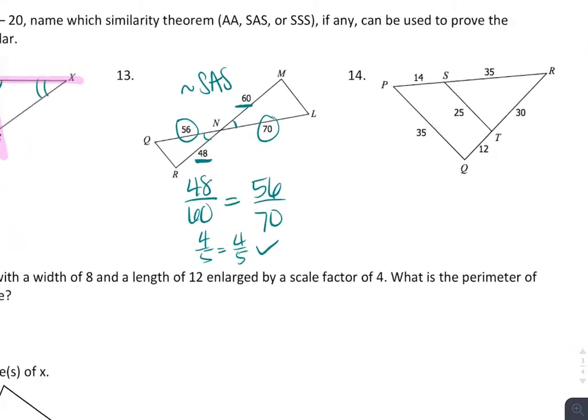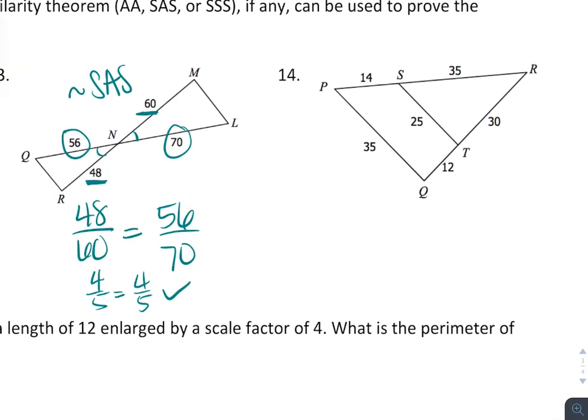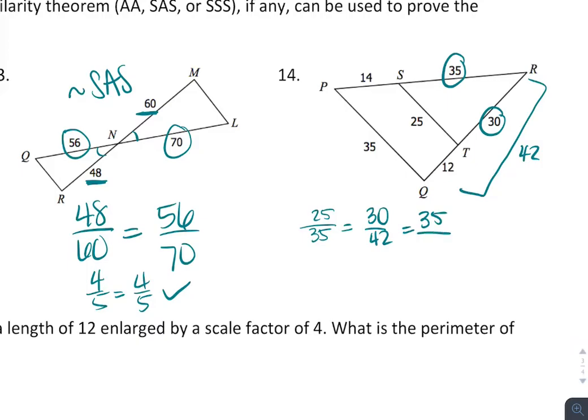All right, then we have number 14. So number 14, we have lots of side lengths here. So what we're going to do is compare them all. So when we compare them, we are going to have 25 over 35. And then we're going to have 30, which is here, over 42. Make sure to add those sides together. And then we're going to set it equal to 35 over